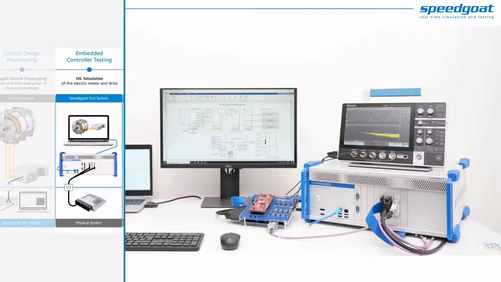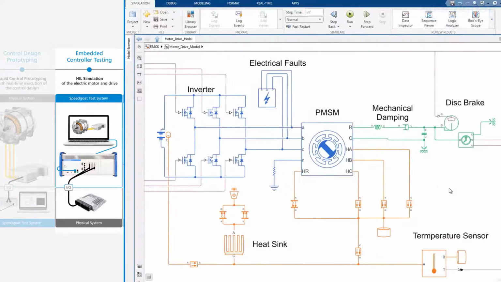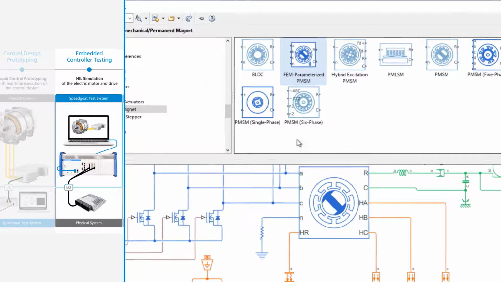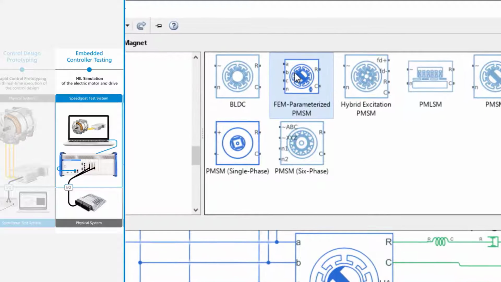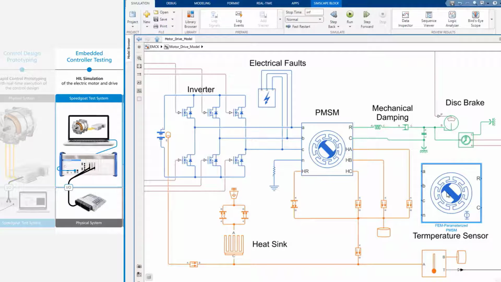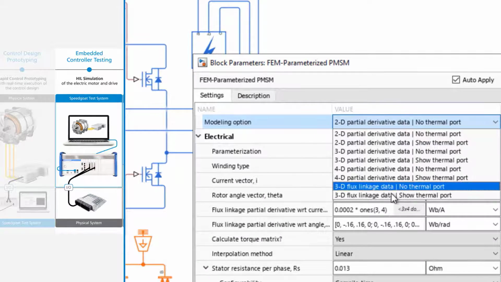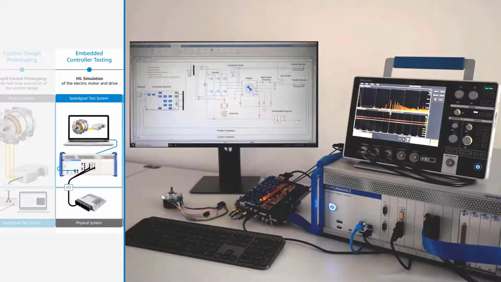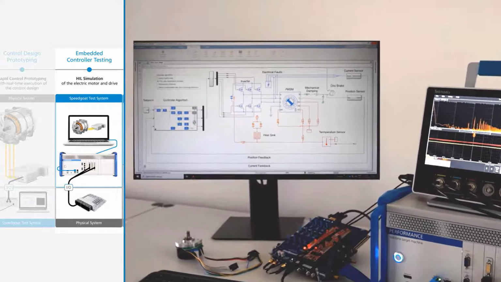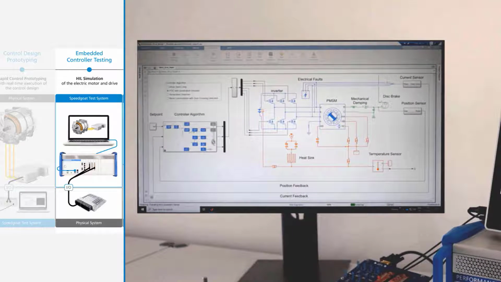Once the motor drive controller boards are made available, it's time to validate PCB layouts, check controller connectivity, and perform functional validation of the controller embedded software. This is the use case we will use in today's demo. Simulink's toolboxes, such as Simscape Electrical, allow you to model your motor with a desired fidelity. If needed, you can accurately capture multiple domains, including thermal behavior, nonlinearities, such as current ripples, as well as high-frequency switching dynamics.